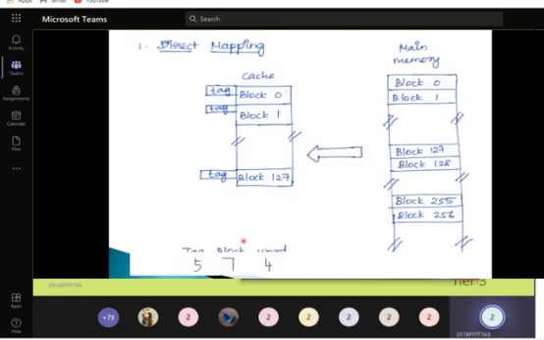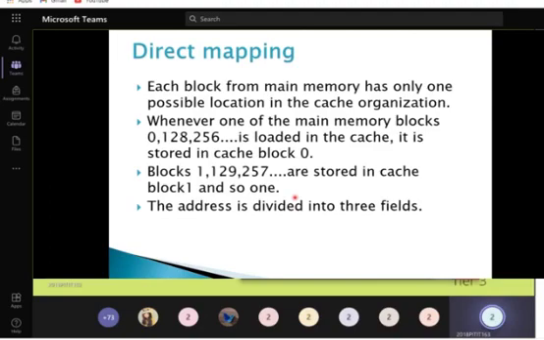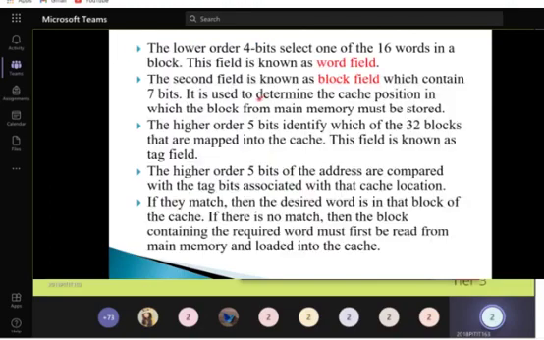Why these 7 bits? I want to find out the cache position: which block of the main memory should be stored in which block of the cache. I want to find out that position. So our block field is determining that position. This block field only will find out the cache position in which the block from the main memory must be